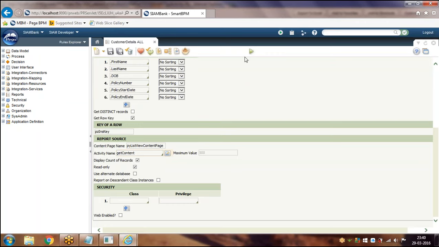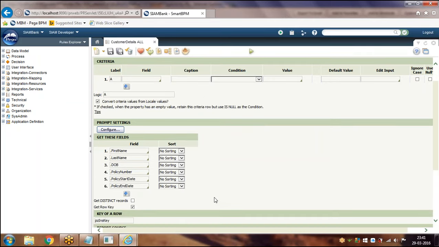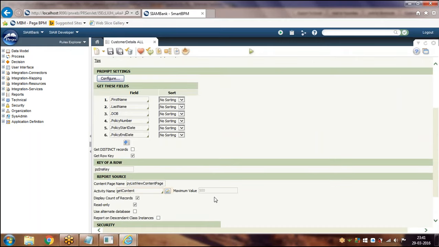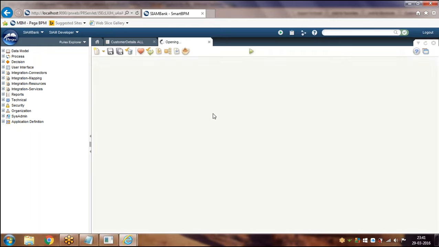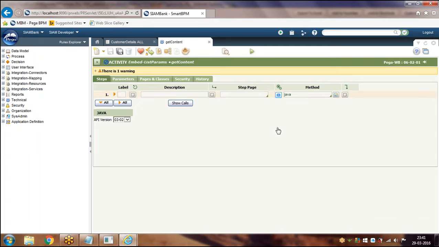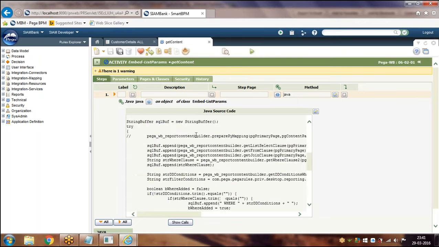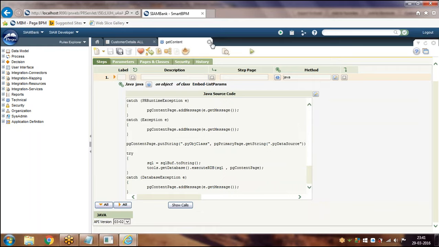When you run this report, this activity will be called automatically, and based on the configuration which you configured in the list view, it will get the data. Get content is an out of the box activity. This is Pega's logic. They are writing some Java logic, and based on this Java logic, they are getting the data and displaying it to you.